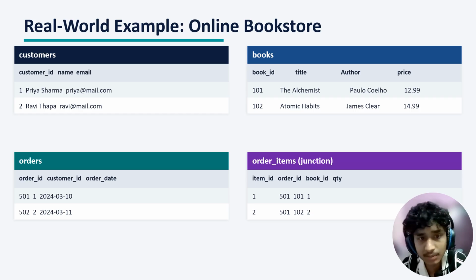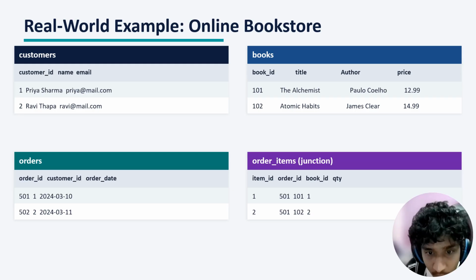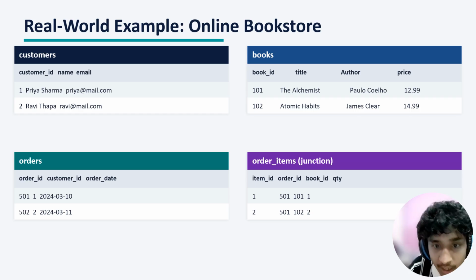Now, from these tables, we can answer some questions. For example, what did Priya order? Let's say in the order item, we have the order ID and book ID as 501 and 101 respectively. From this, we can see in the book table, the one which has book ID 101 is the book The Alchemist. So we can see that Priya buys a copy of The Alchemist, and we can also know some information from